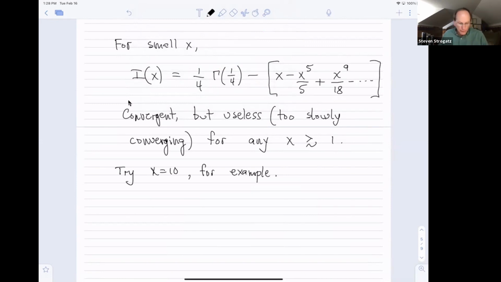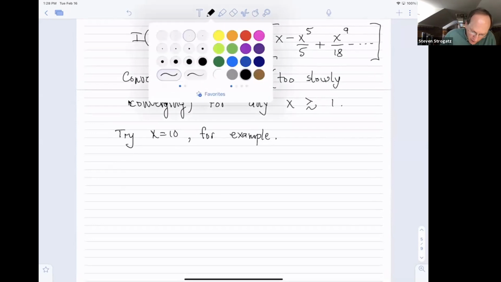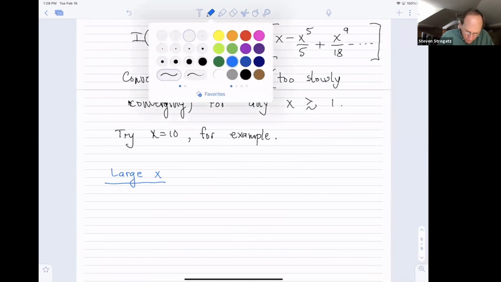Just to see how slow it really is. Okay, but now, what I really want to focus on today is the case of large x. All right, so how can we deal with that problem? We're still interested in the integral